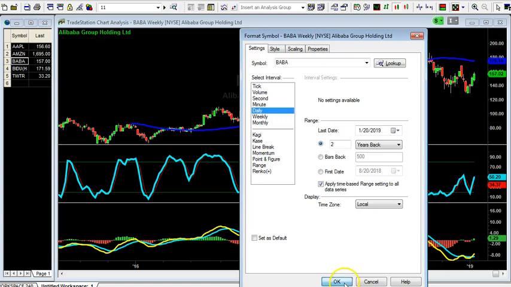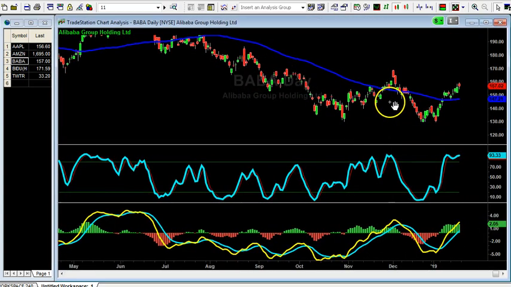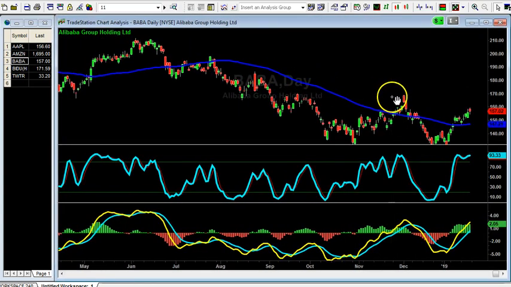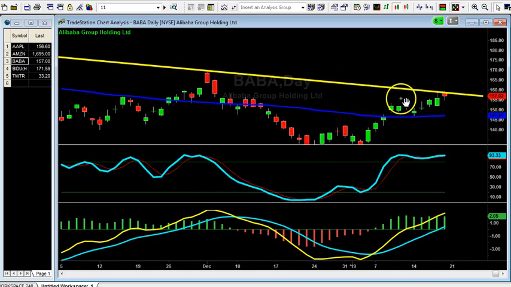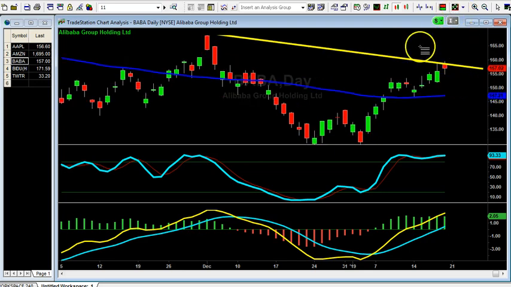So coming to the daily, there's a couple of things that stand out. One of the first things is if you draw a trend line from the top of the move back here across recent highs, what you're coming up with is very close to where we currently are on the price. I'm going to zoom in on the price action a little bit, so you can see that trend line connecting those tops. Another thing, and I know I hound these Fibonacci retracement levels, but